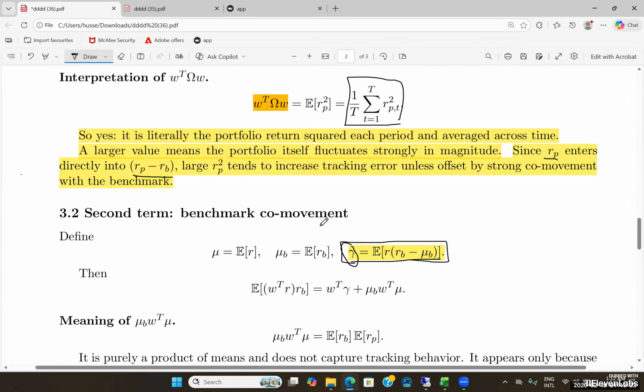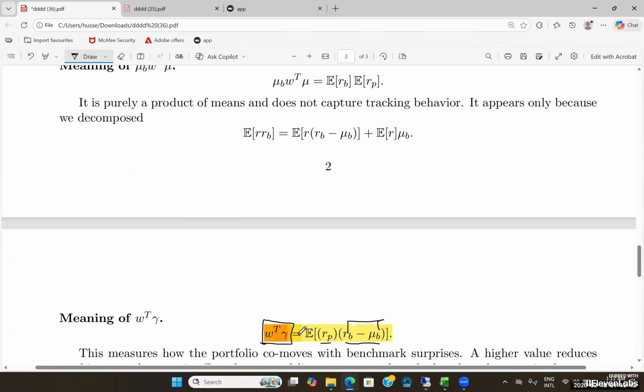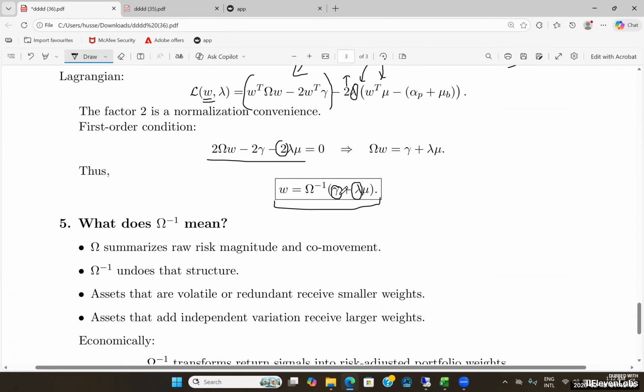And omega, to reiterate, represents the n by n second moment matrix as shown here, specifically for an example involving two distinct assets. This visual representation illustrates precisely what the omega matrix looks like. We take the inverse of omega and then we will multiply it by gamma. Now, the concept of gamma primarily concerns itself with the product, or the synchronized co-movement, between the overall return of an investment portfolio and the unexpected surprises or movements observed in the underlying market benchmark. So once we perform the inversion of the omega matrix, we are then able to obtain the complete and final